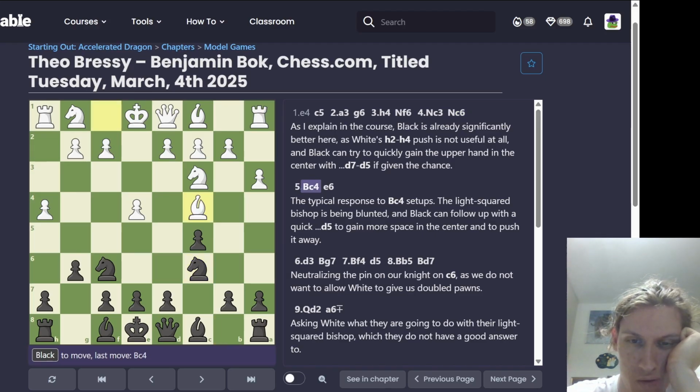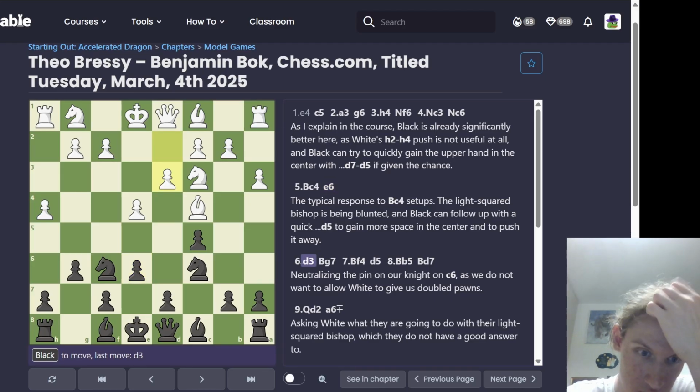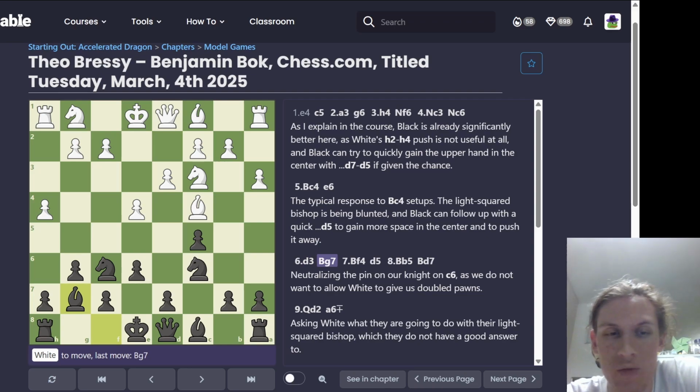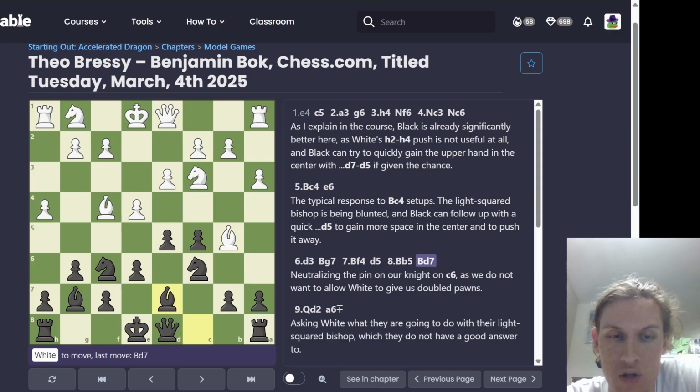So bishop c4, now e6. The typical response to bishop c4 setups. The light square bishop is being blunted, and black can follow up with a quick d5 to gain more space in the center and to push it away. d3. Bishop g7, normal, bishop f4, d5, bishop b5, bishop d7, breaking the pin,